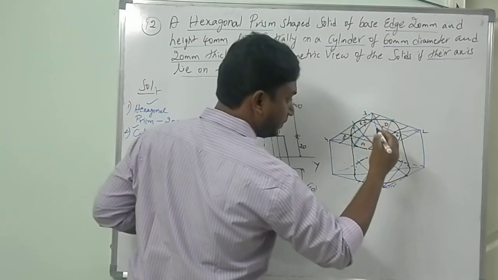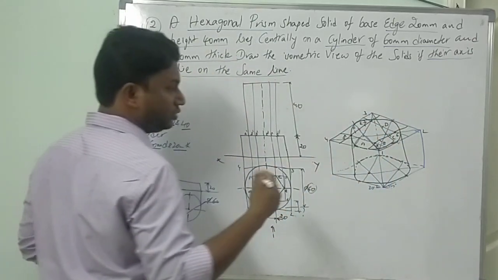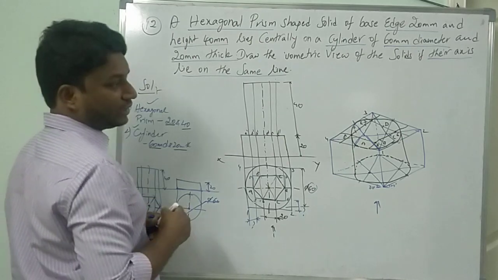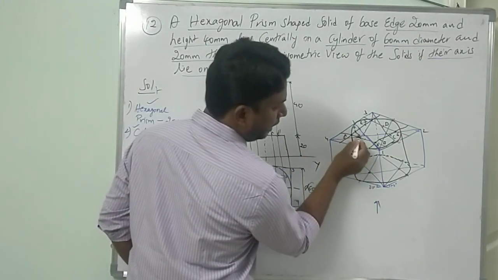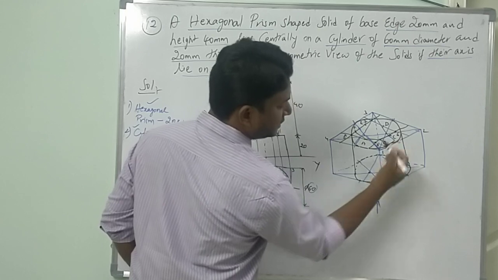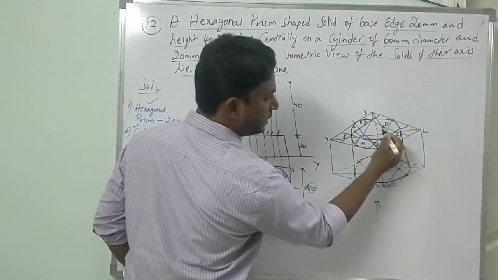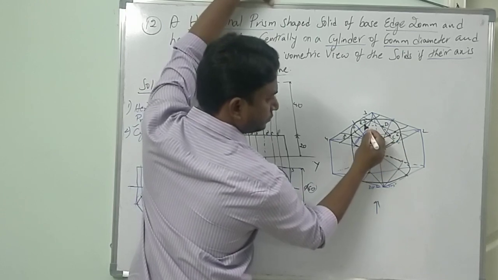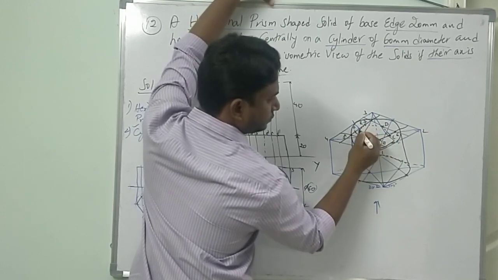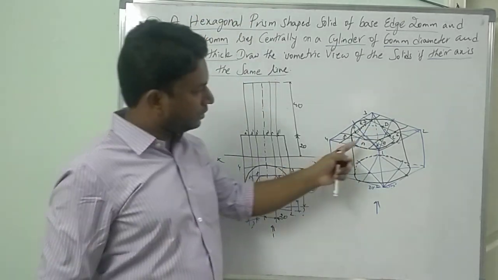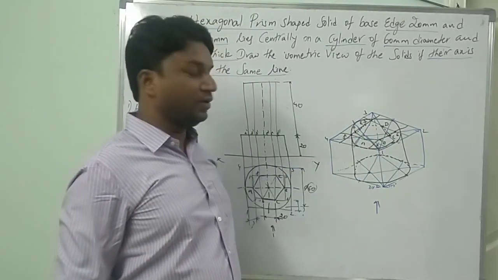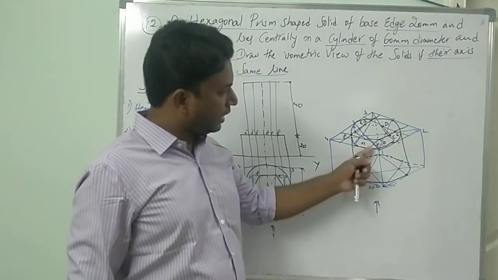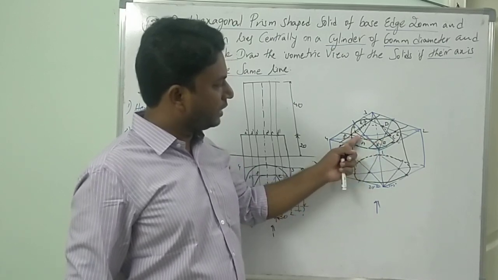Isometric height, I am repeating. You can analyze when you are looking from here, what are the three edges which are clearly visible, thick? AF, AB, BC. Now here these are hidden. You can see the hexagon here, A, B, C, D, E, F. Those are the hexagon of the bottom part, where I analyze that from here I am looking, AB is clearly visible, BC is clearly visible, AF is clearly visible.